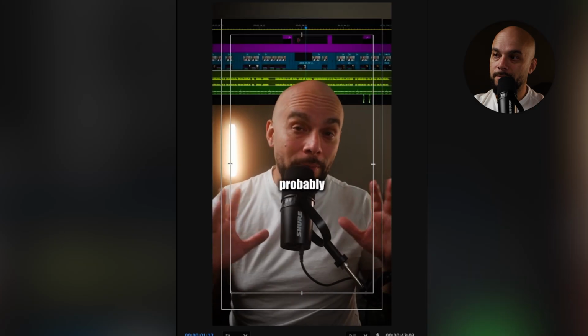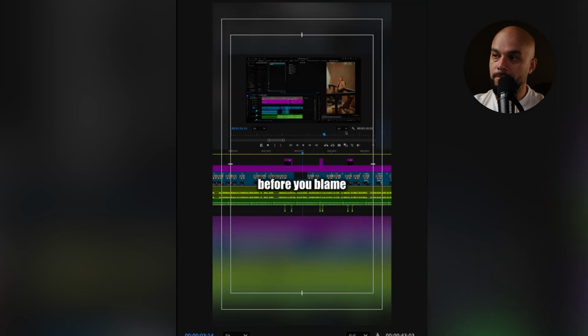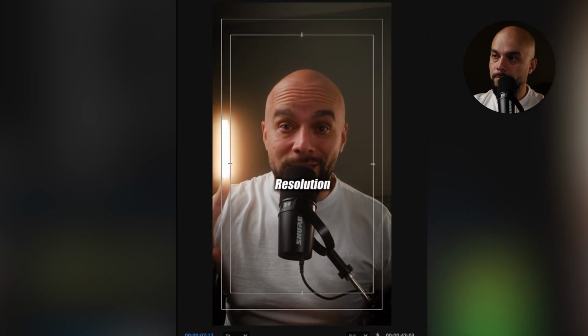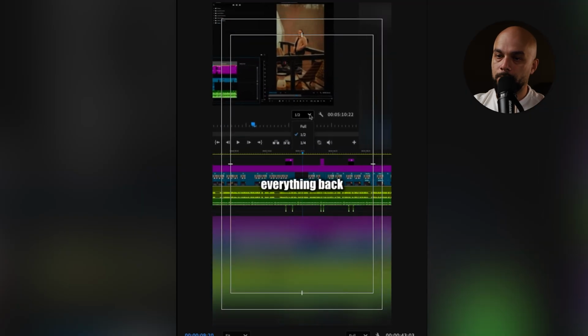Your Premiere timeline probably isn't slow for the reason you think. Before you blame your computer, check 3 things. First, playback resolution. If you're trying to play everything back at, I want to